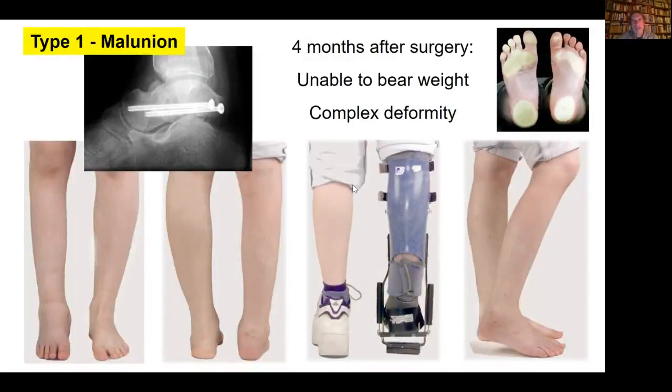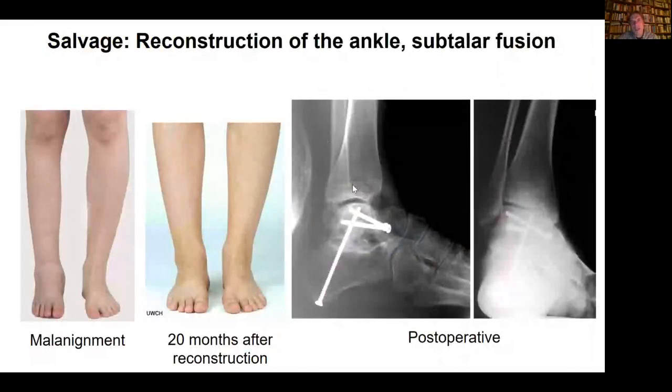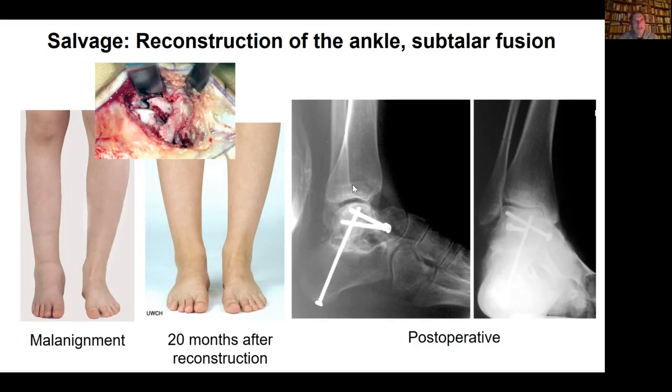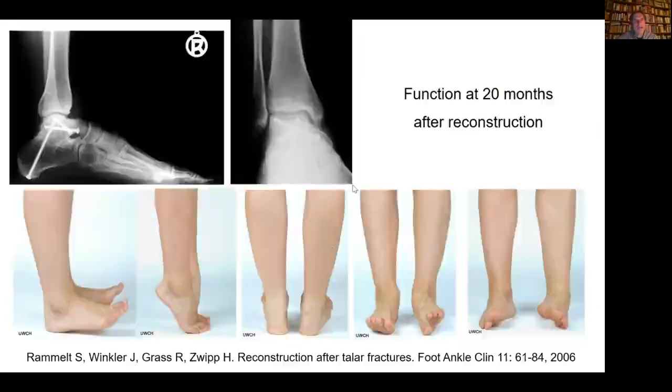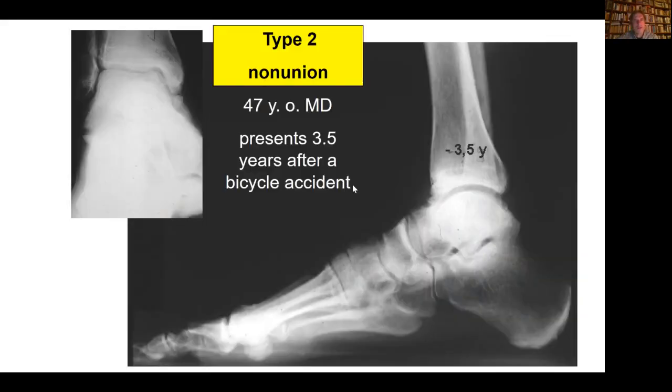She was walking with that kind of boot. She was unable to bear weight and was miserable at that time. And when we went back, we could save the ankle joint, but at that time, the subtalar joint was already gone. So the only thing to do was a subtalar fusion, which is not the best solution in a 16 or then 17-year-old girl. Nevertheless, she had a straight alignment. Here you can see that huge step in the ankle joint. She had a straight alignment and a good function of the ankle joint at almost 2 years later, but subtalar motion, of course, was restricted forever.